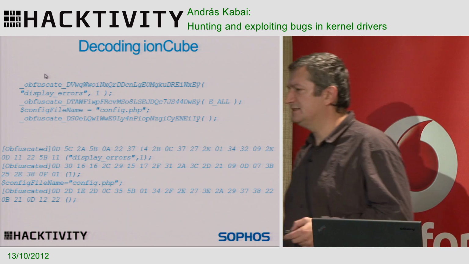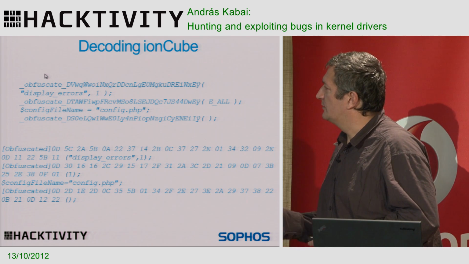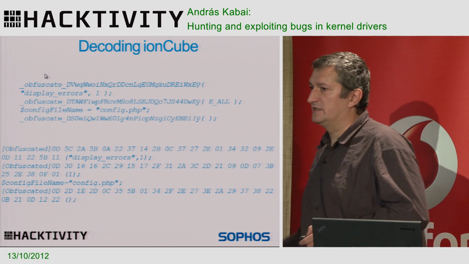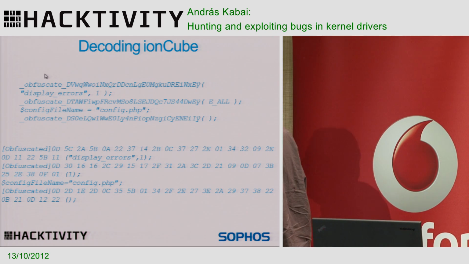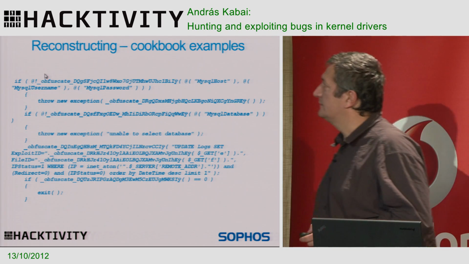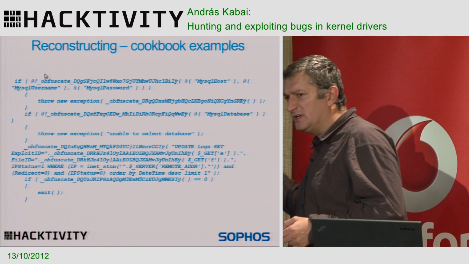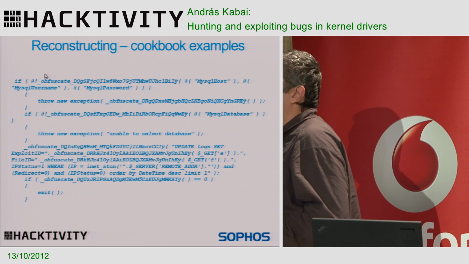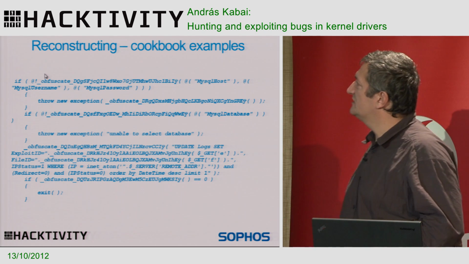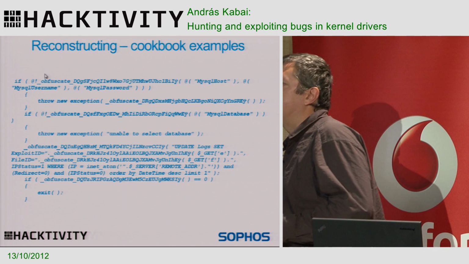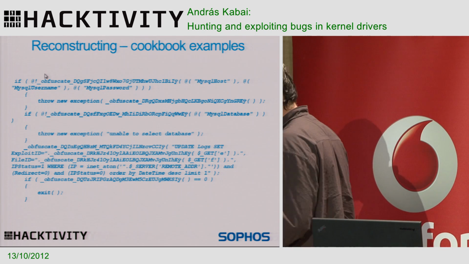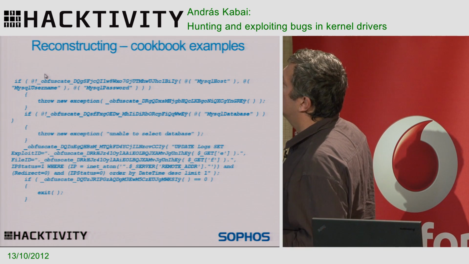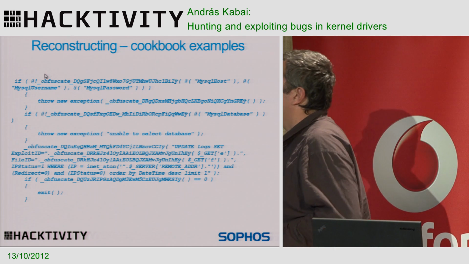Evidently, these functions were protected more thoroughly than the server itself. Anyhow, there were some ways to go over that. For example, malware authors don't have time to write every code from scratch, so they are using cookbook examples that are available on the internet. So by looking at this code, it looks like some sort of generic